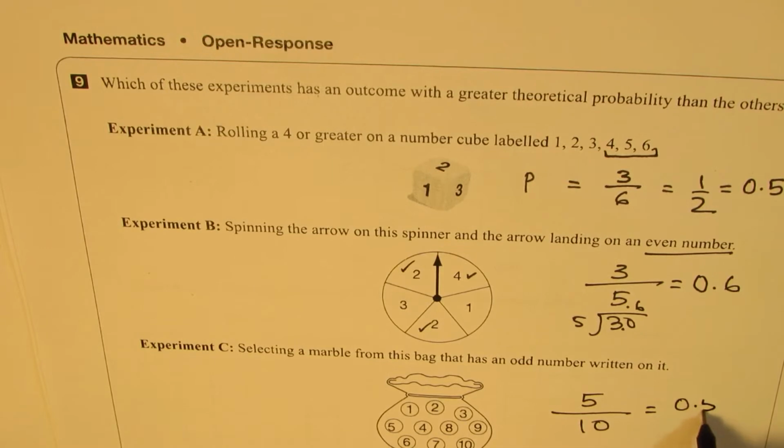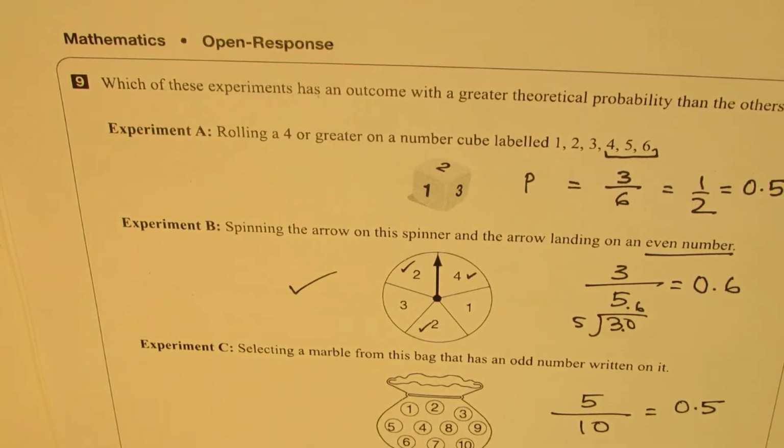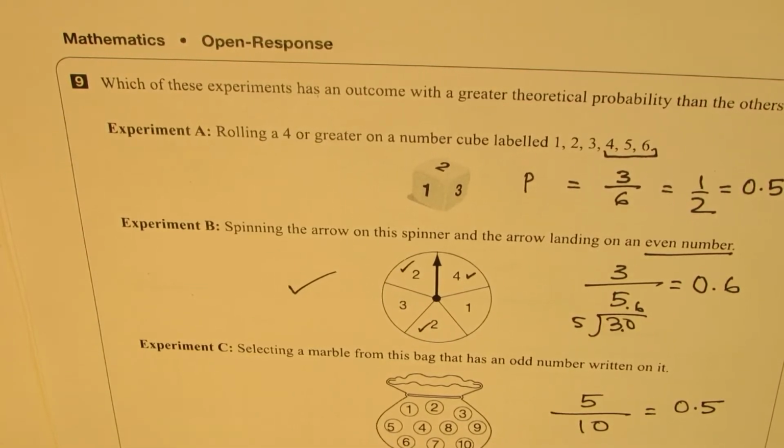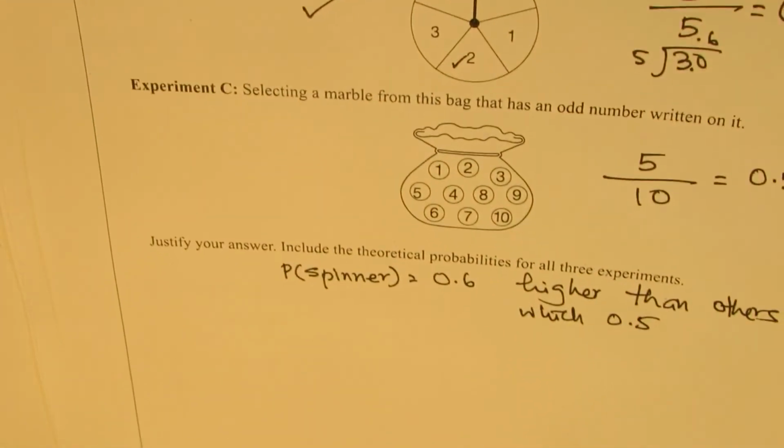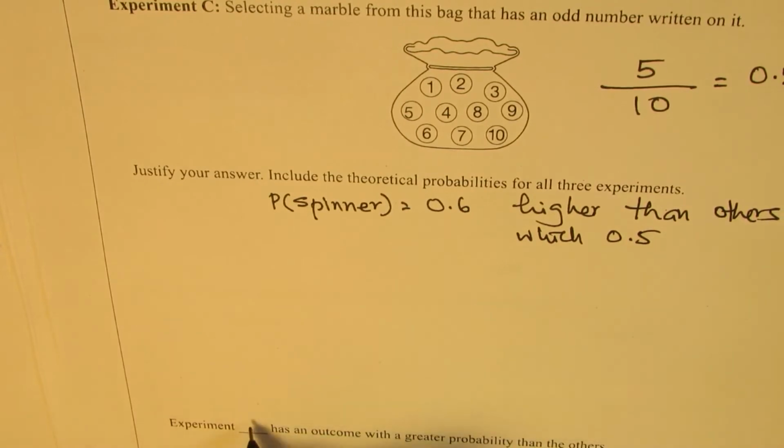So it is 0.5. Clearly, the highest probability is for the spinner, and that is what you're going to write. Now you can justify your answer since the probability in the spinner is equal to 0.6, higher than others, which is 0.5. Is it okay? So you write the outcome of experiment C has the probability greater than the others,